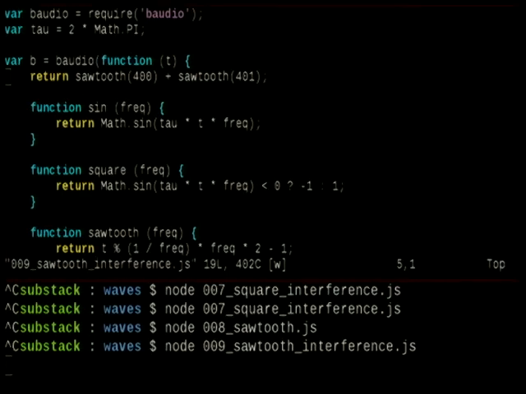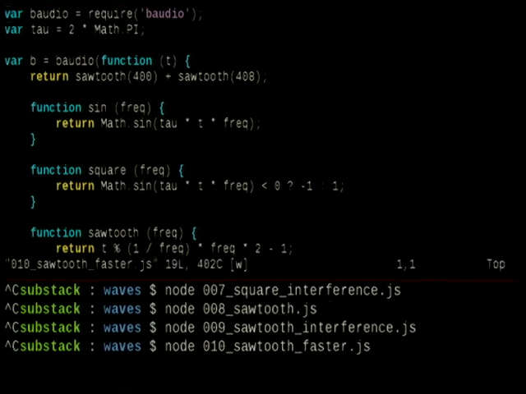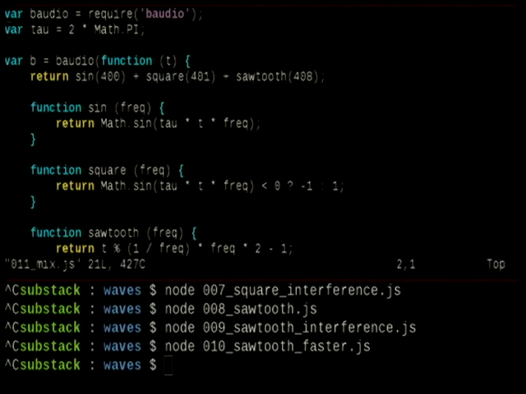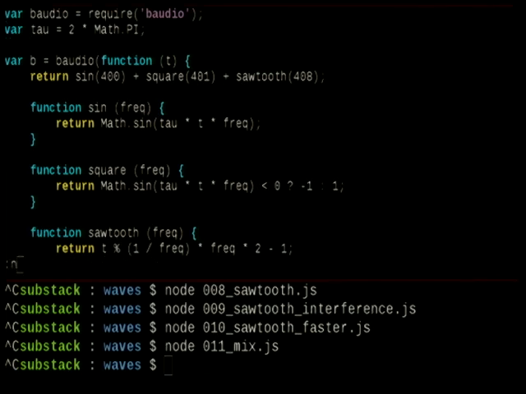And you can also constructively interfere these things, which sounds kind of neat. Go faster. Yeah. So you can also just mix and match waves. So here I've got a sine wave and a square wave and a sawtooth wave, and they should interfere in some neat pattern. The cool thing is, because this stuff is really subjective, you can kind of just guess and test your way into these awesome sounds, and build the pieces out incrementally without knowing too much what you're doing, just making good guesses and sticking with it.